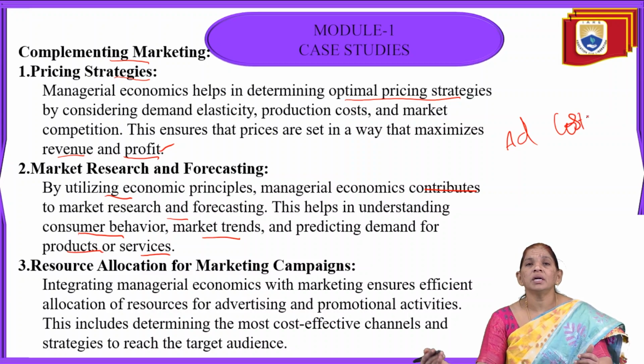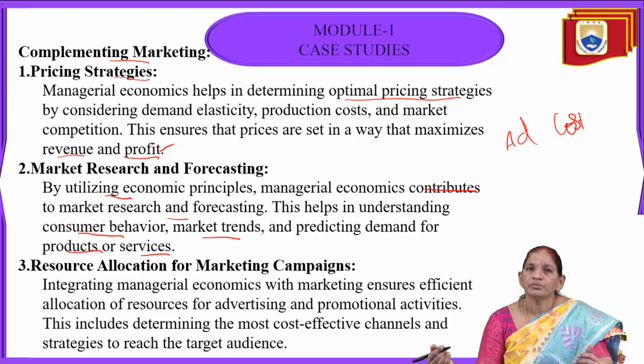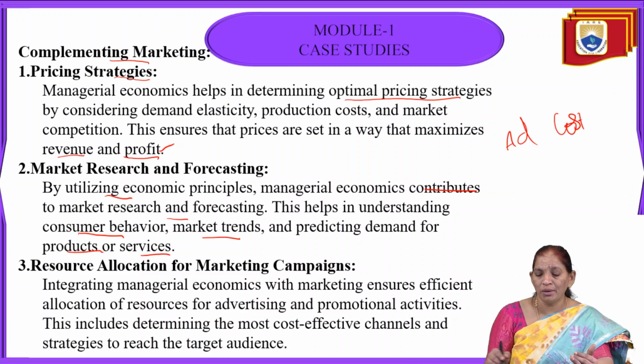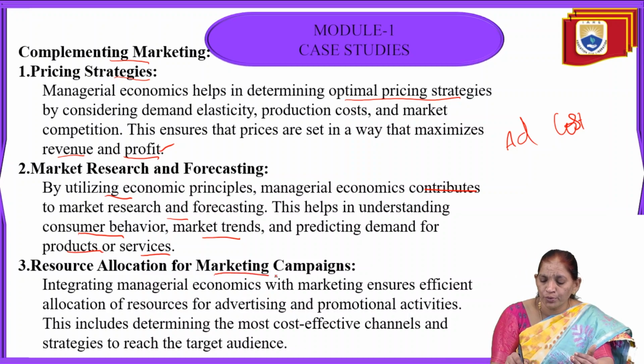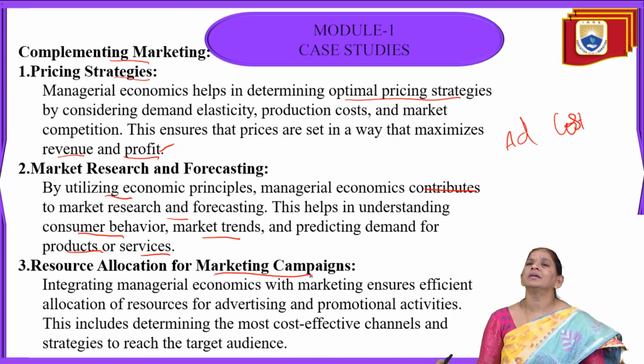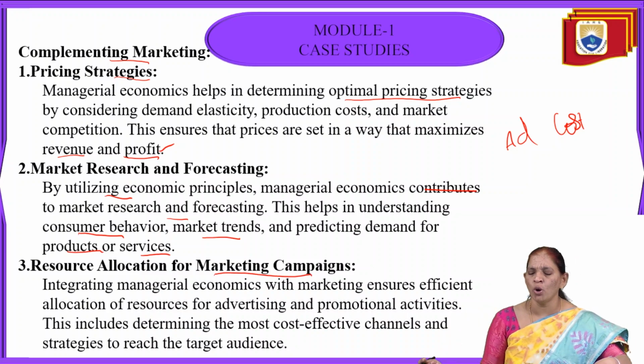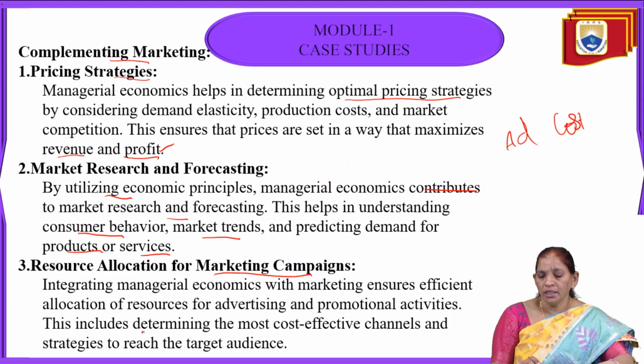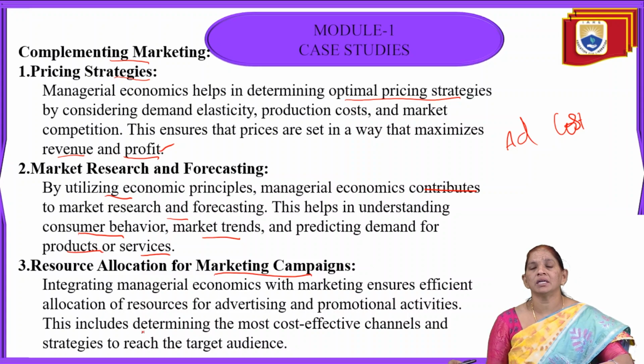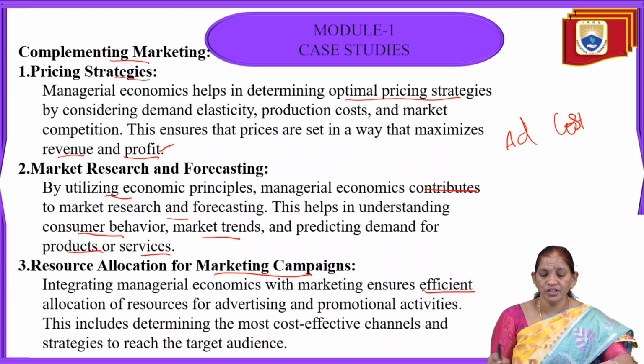So what type of resources? Maybe we have a good product and good thinking, but externally people should identify, or be well aware, that a certain new product is there. That is possible only by a good allocation of possible resources to market campaigning, that is, advertisement cost. So here, integrating managerial economics with marketing ensures efficient allocation of resources for advertisement